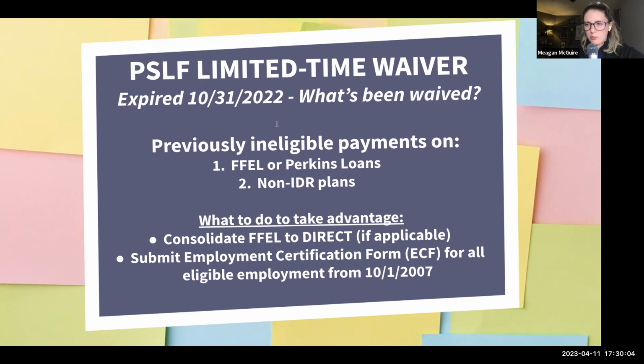And rarely, but it does happen, you'll get something that says likely ineligible or undetermined. And what that means is no one has ever submitted a form for that employer before. And so it's up to you to submit that form so that they can review it to make sure that they are eligible. Doesn't mean that they're not going to be eligible. It just means that no one's ever submitted a form for them before. So go ahead and submit it. They'll check the eligibility. So that's on studentaid.gov, I think /PSLF. That's how you can get to it maybe faster.